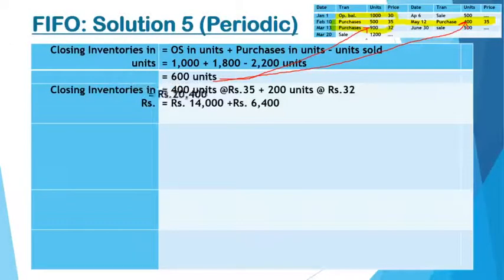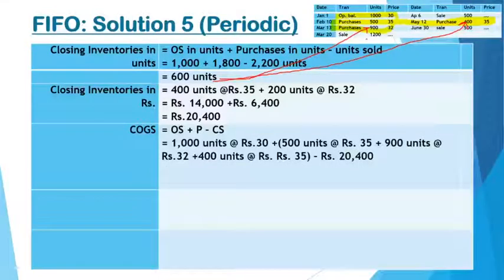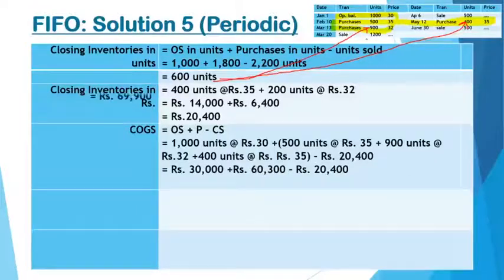Now regarding cost of goods sold, you can either apply the formula, that is opening stock plus purchases minus closing stock. That is, take up all the information, write opening stock, write all purchases, then closing stock. But we should not do this much of calculation. We can do it easily. We know how many units are sold. You see, units left are there with you, isn't it?